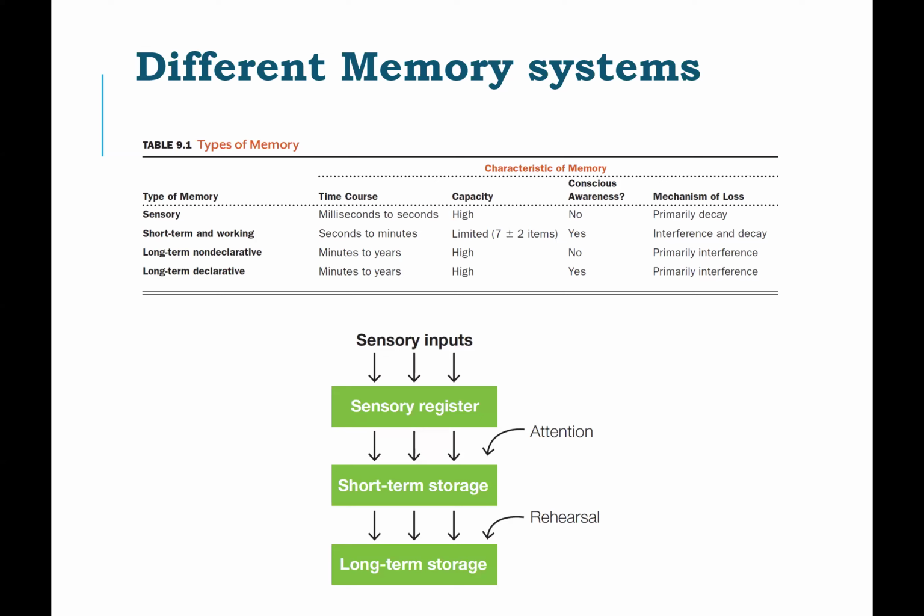Now, if you're attending to that sensory memory, then it enters your working memory. So attention is necessary for something to actually enter your short-term memory. So you hear a pin or you hear a phone number, and if you attend to it, then you could enter it to your short-term memory, and then you could repeat it to yourself to write it down for a few seconds maybe. But it is very brittle, right?